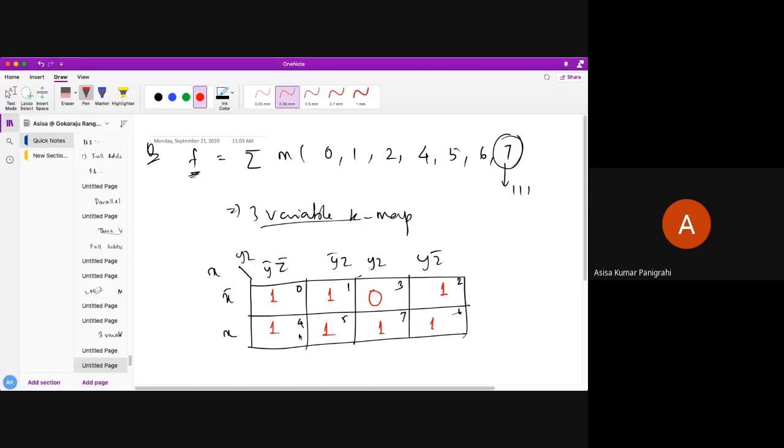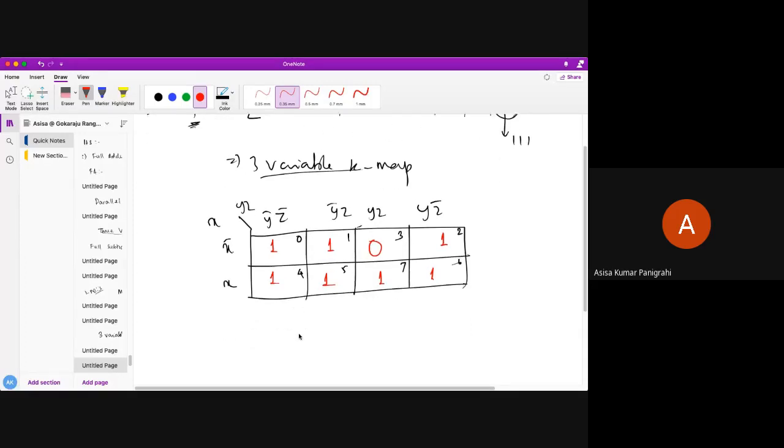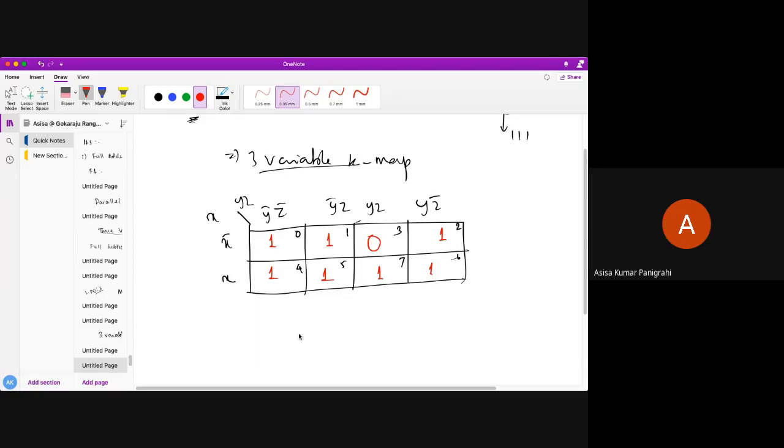So what you need to do here? Here is one of the important questions: how to combine it? Very simple. See here the way I am doing the combinations. As I told you, you can combine it like this. Next, you can also combine it like this. Now only one is left out. What you can do? You can also combine it like this. So you have combined all the ones in groups of 4. Understand, students? Very simple. You have combined all the things with 4 ones.